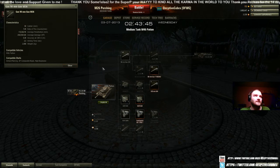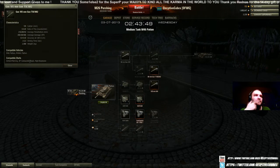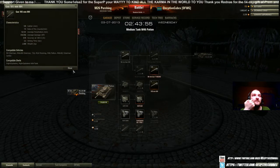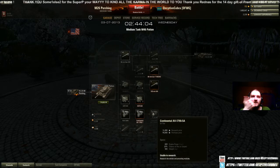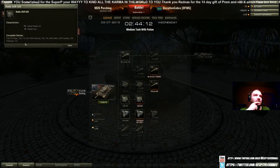the 90mm gun and its version of the 105. Yes, I do plan on cramming the 105. Yes, it even gets the 105 derp, but I do plan on cramming the regular 105, non-howitzer I should say, in it, along with the Continental 820 horsepower engine. I've got the radios maxed out. This Tier 10 radio, it goes on so many tanks. It goes on the M7 for crying out loud,